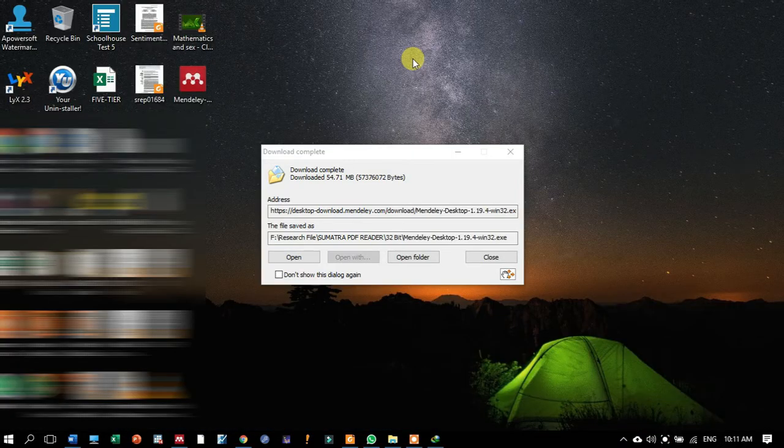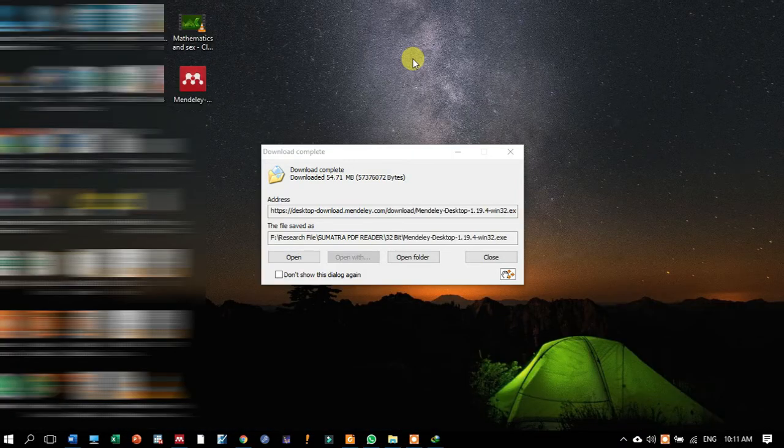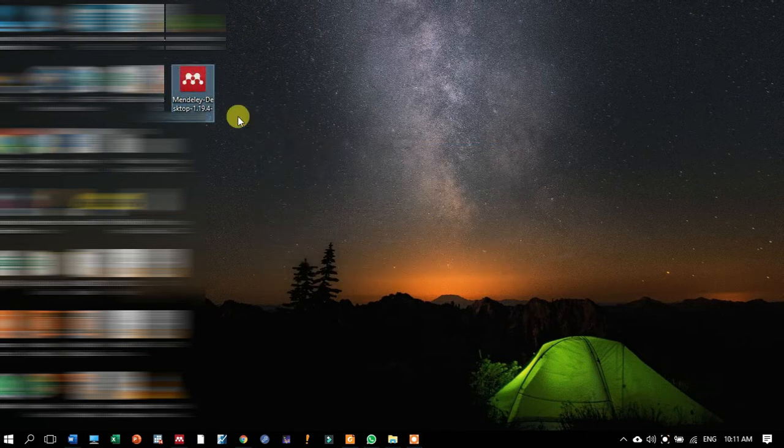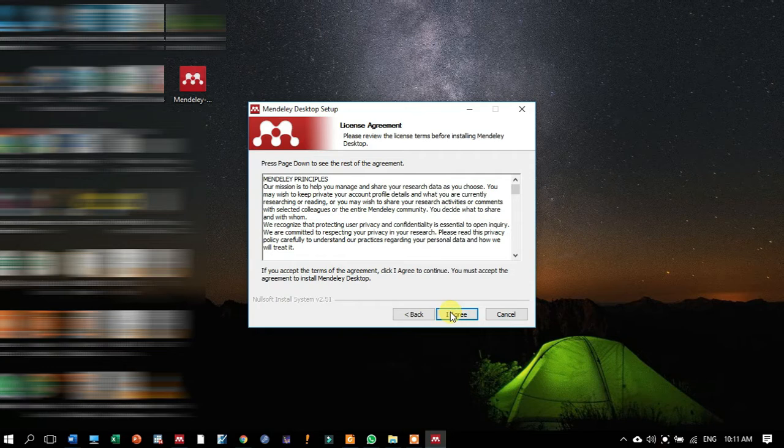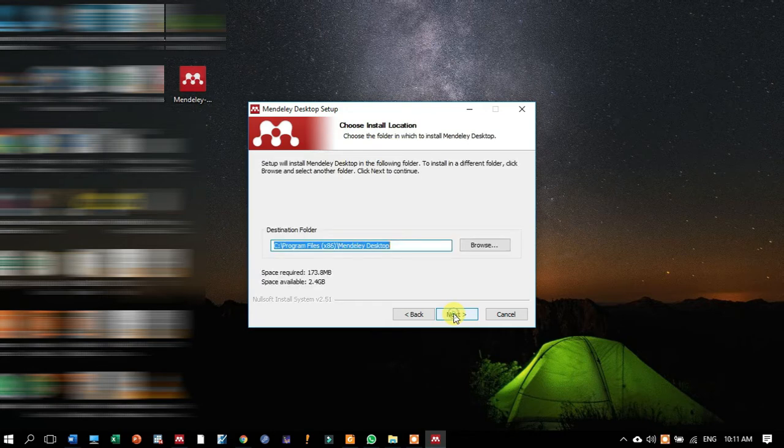Okay, as the file has been successfully downloaded and placed on my desktop, I just click on it. Now here is a next button. Click on next to proceed with the installation of Mendeley Desktop software. Click on I agree and then